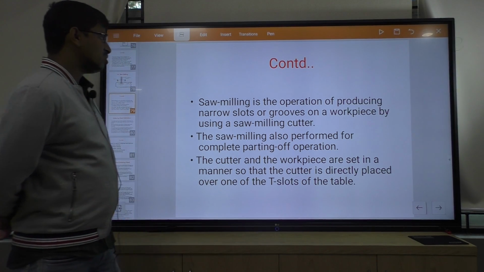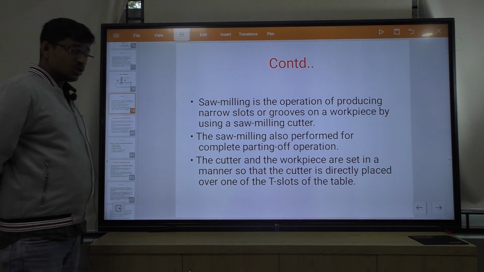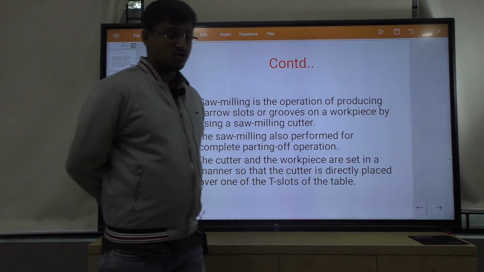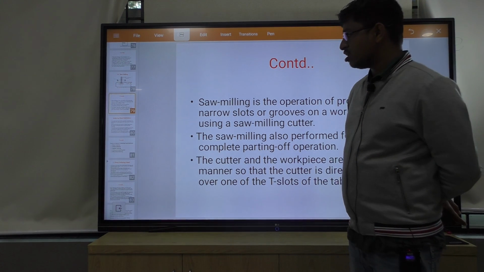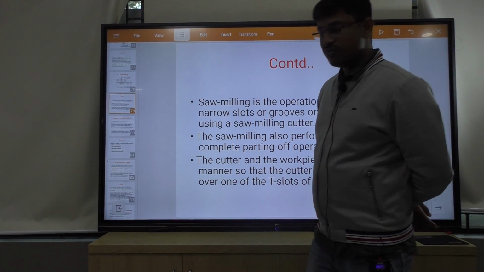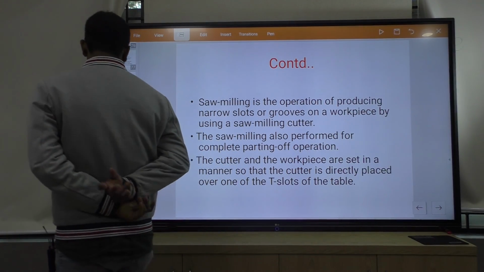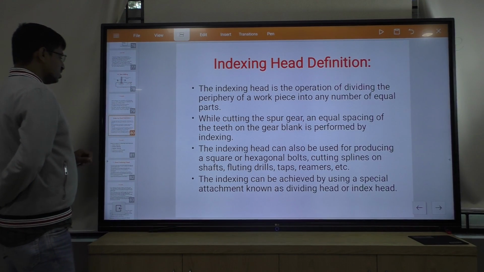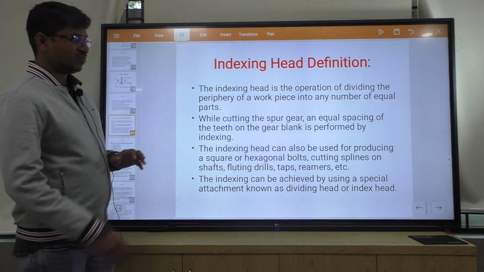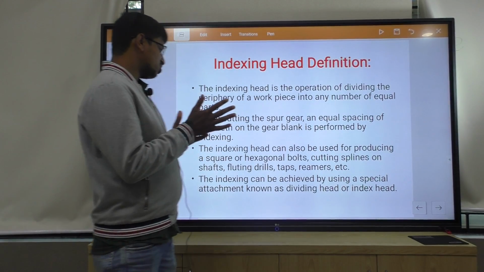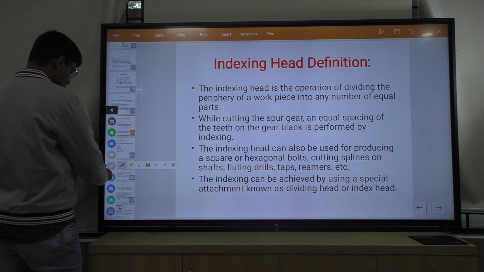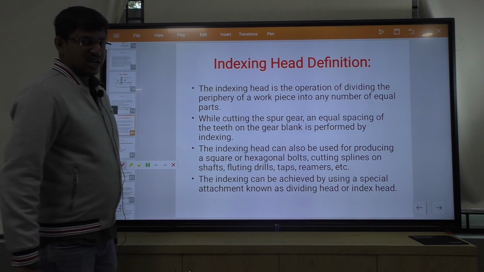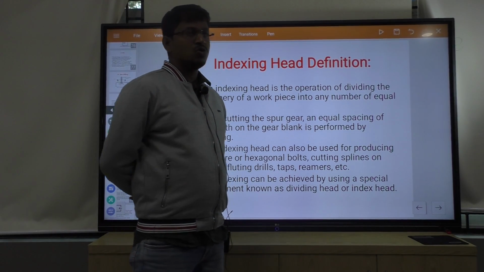This is overall the operations that can be performed on a milling machine. These are the different operations that can be performed on a milling machine. Next is the indexing head. Then next we will study indexing. First we will study what is indexing. What is indexing? Indexing method is used to